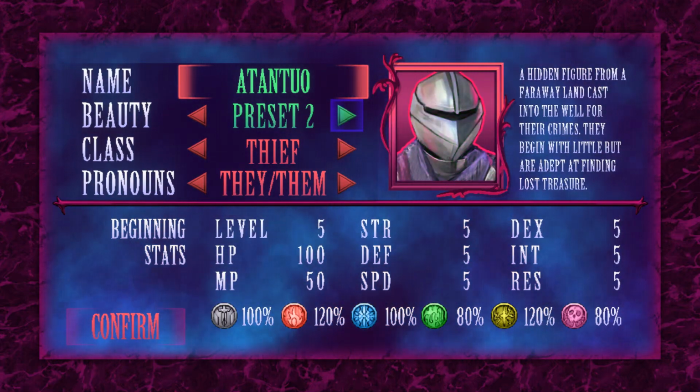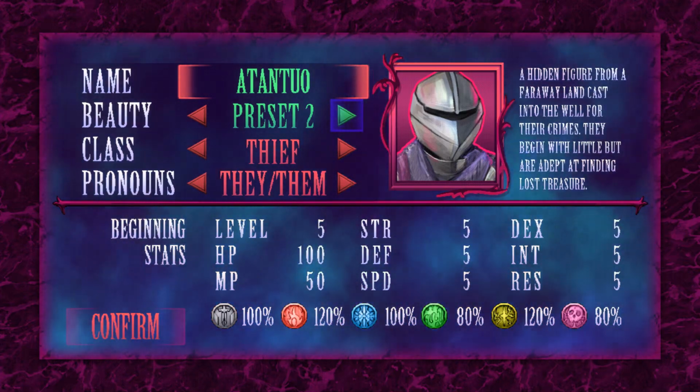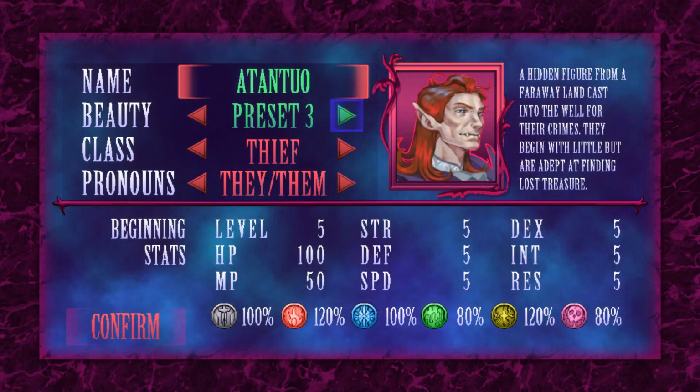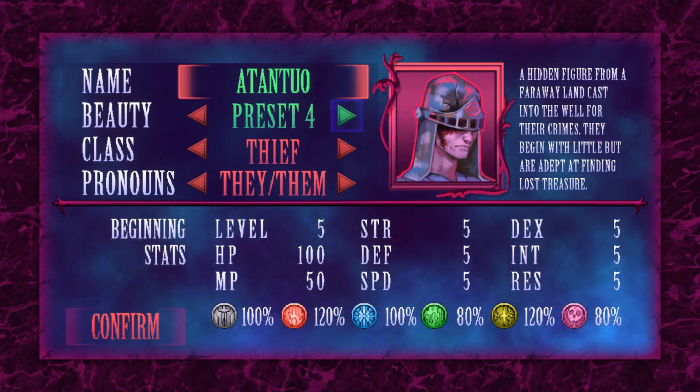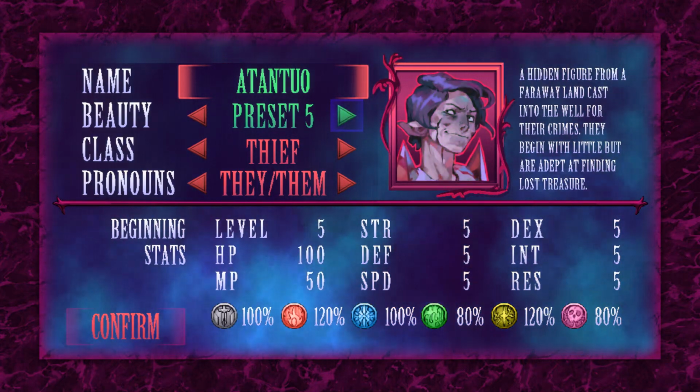Yeah, I do find it interesting that it doesn't say portrait choice or anything, it says choose your beauty. I guess we don't really know how beautiful this person is. I'm gonna say this person is not very beautiful, but to each their own, I guess. I mean, for a thief...